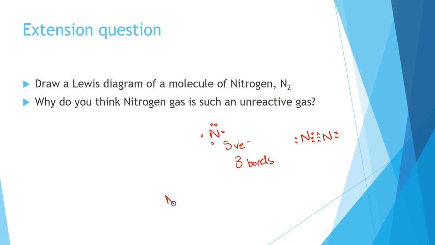So if we replace those into a structural formula, we can see that we have a very strong triple bond here. So it's actually quite unreactive because it has a strong triple bond which is very, very stable, drawing the two nuclei close together, so it'll be hard to break apart. And whenever we have a chemical reaction occurring, we need to break these bonds, to break the bonds between the reactants and form new bonds with the products. So nitrogen is very unreactive because of this strong, stable triple covalent bond. We refer to that as a triple covalent bond where it's sharing 3 electrons from each of the nitrogen